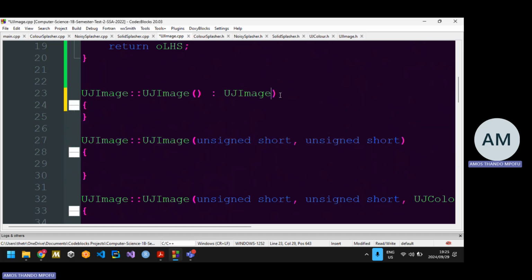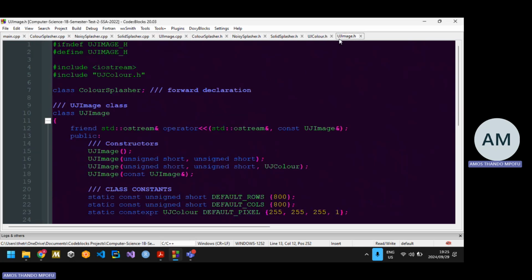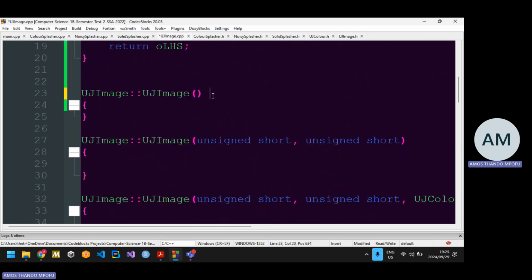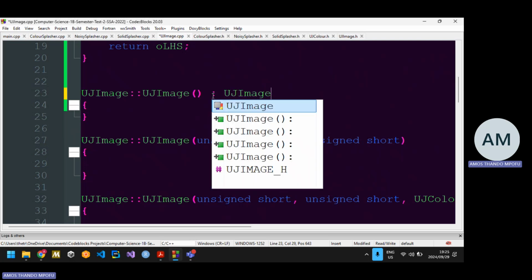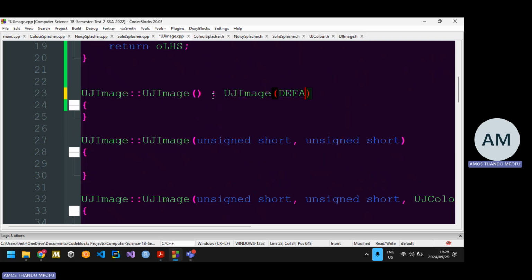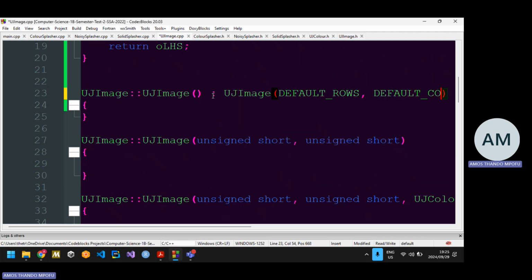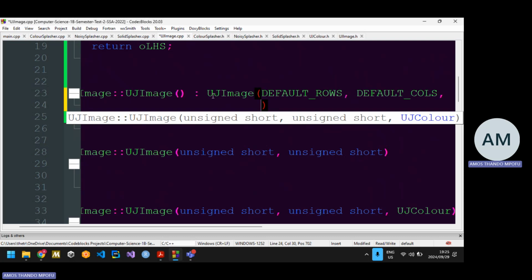So this will be default. Okay, seems like we do not have constants. Maybe they're there, just not appearing. Let me just double check. Yeah, they are there. So it's just not taking it into account. It's fine. I'll just type. So it's default underscore rows. And then default underscore calls, and then